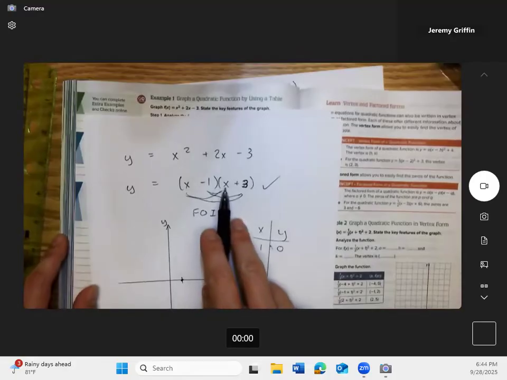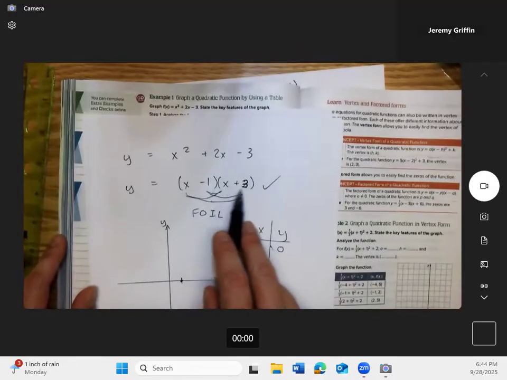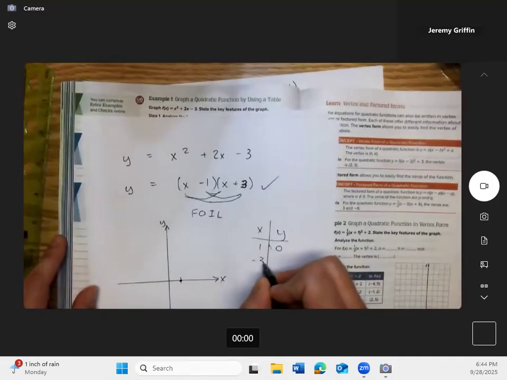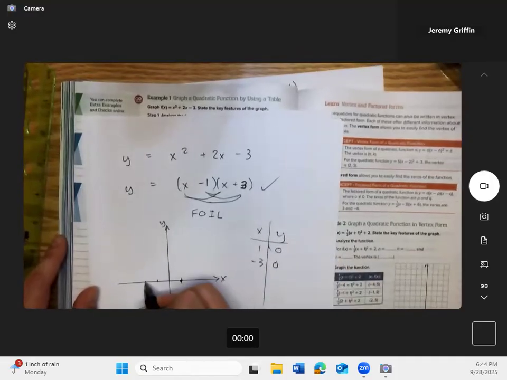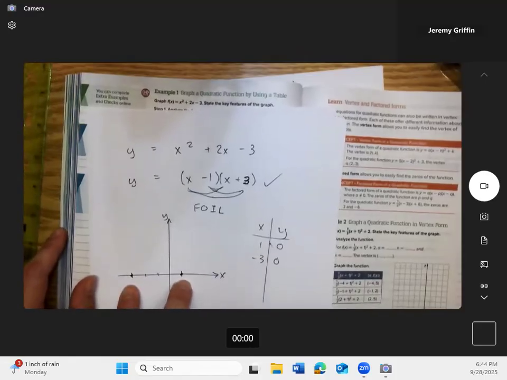Okay. And the same is true for -3. If I plug in -3 there, this bit zeroes out, the whole thing zeroes out. So (-3, 0), right there. Okay. Now, if those are my intercepts, I know the vertex has to be right in the middle,